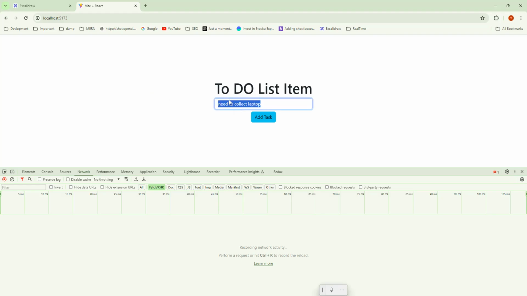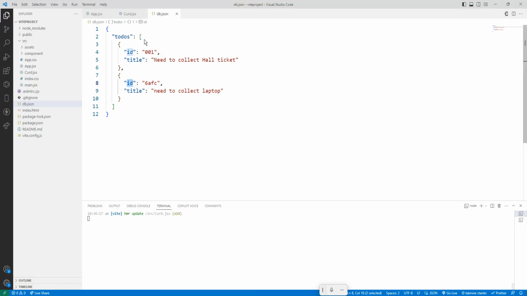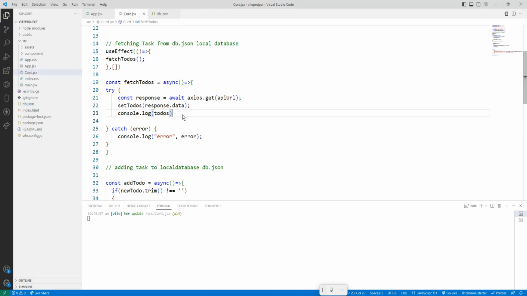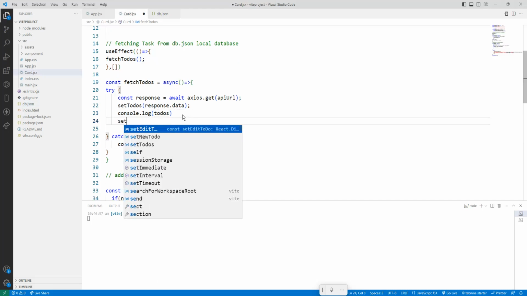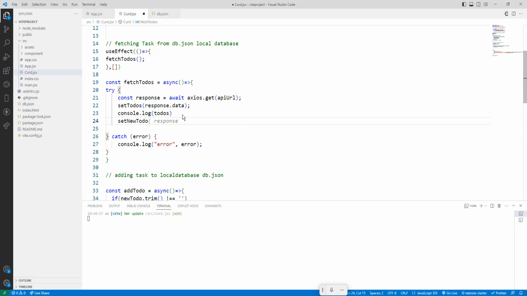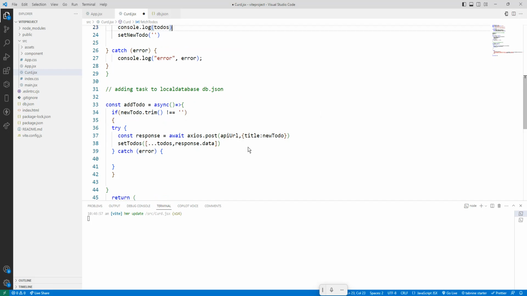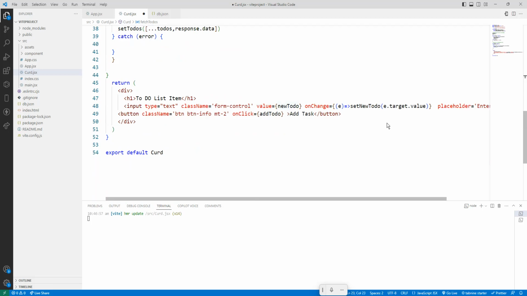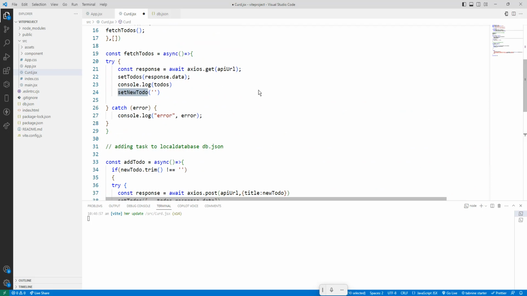So once the task is added, we need to remove this one. How to do? I will just go here, setNewTodo, bracket. See here, setNewTodo. Initially, I am setting the value after submission of the data. So we need to empty that one. Save it. If I just go here,